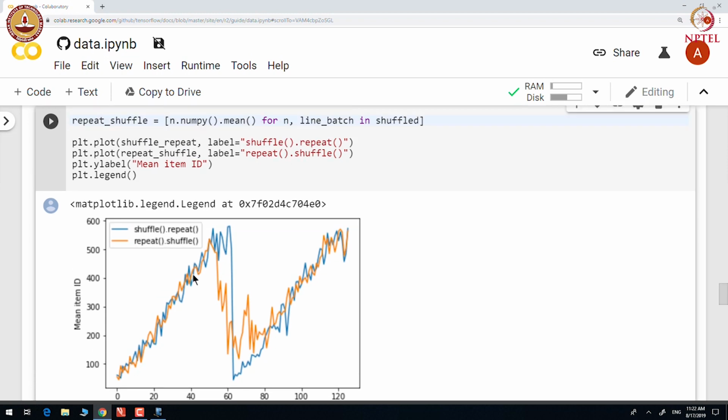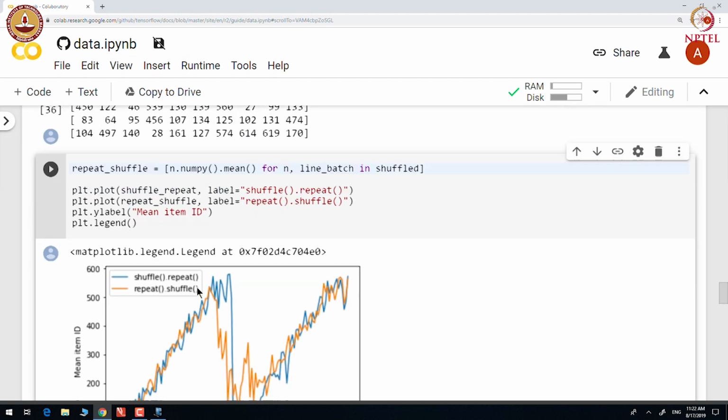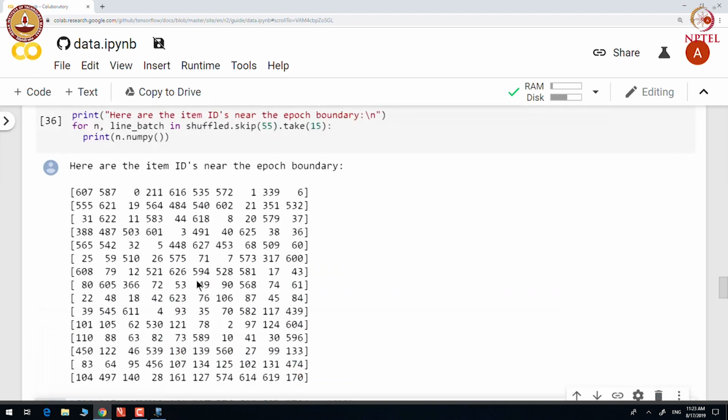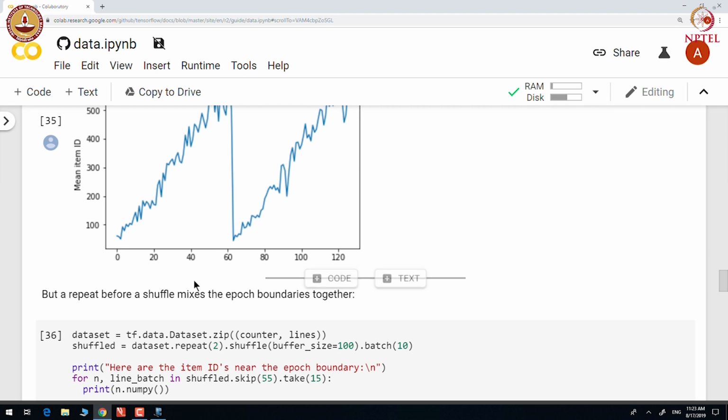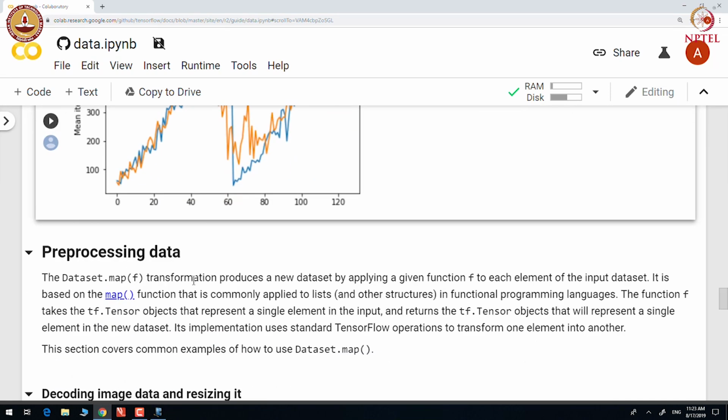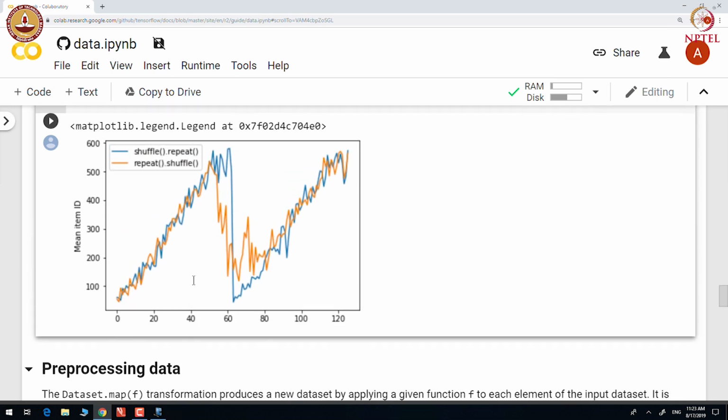So, you can see that shuffle before repeat makes sure that each element in the epoch is presented to the training data, whereas shuffle after repeat does not give us that kind of guarantee. So, depending on your requirement, you can either use shuffle before or after repeat.